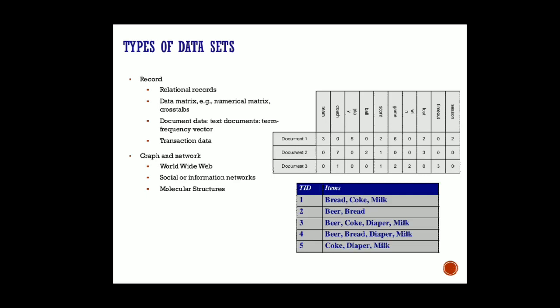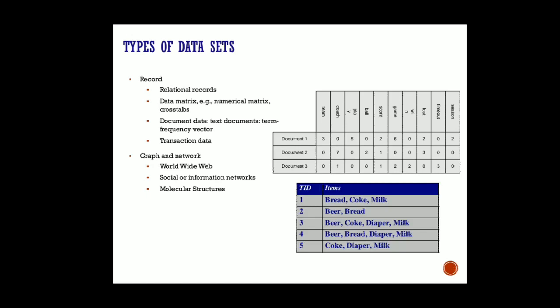You can see here the words are fixed for all the 3 documents. That means team, coach, play, ball, etc., whatever the words are there, we are finding out the frequencies of their occurrences for 3 documents, right? So whenever we are going to find out the term frequency vector for each document, the first frequency will definitely map to team for all the 3 documents, the second will be mapped to coach for all the 3 documents, and so on, right? So this total tuple will be treated as a term frequency vector.